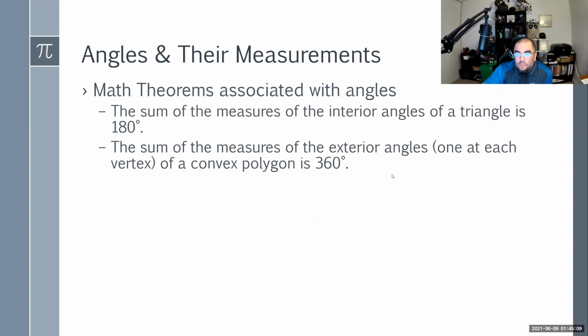So why do we have these theorems? We have a sum theorem here that says the sum of the measurements of all the interior angles of a triangle is 180 degrees. So what is this saying? I don't have a triangle. How about that? Let's draw a triangle. If you add all of these interior angles up together, they will equal 180. So all angles equal 180. This can be really important, and it's kind of a formulation of a lot of the math we do